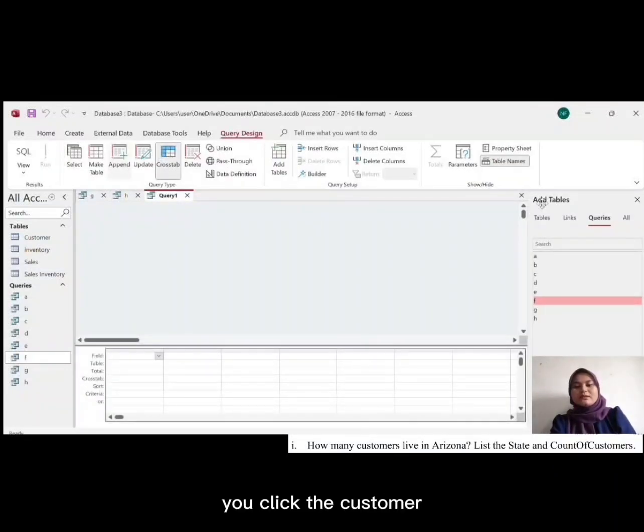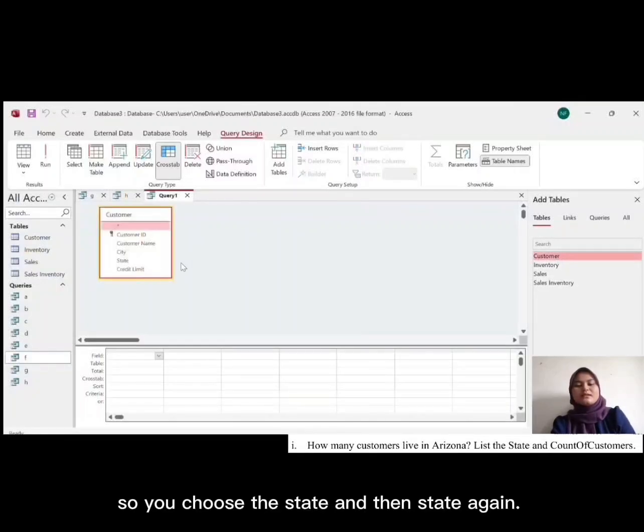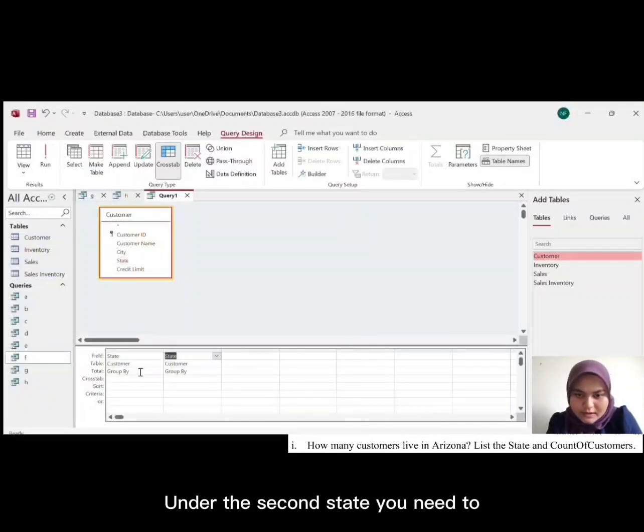So next we go to question I, and then you go to table, you click the customer. Okay, so you choose the state and then the state again. Under the second state you need to choose the count. Then you sort the first state.